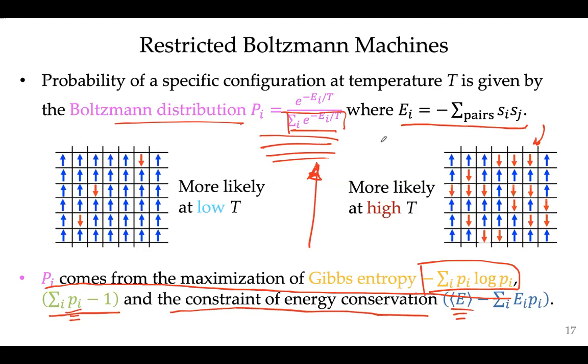This is important because we are going to see that the machine learning models, restricted Boltzmann machines, will have the same probability. That's the reason why they're called Boltzmann machines. The fundamental reason is that they are minimizing a certain entropy function, and there is also this energy defined. So they're called energy models.